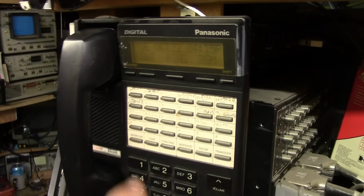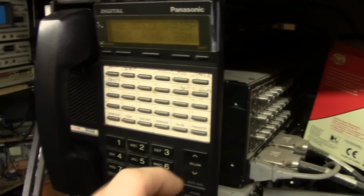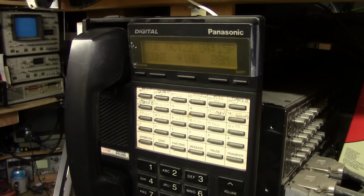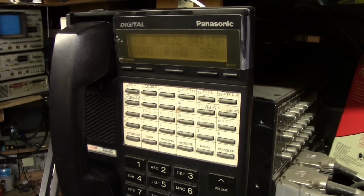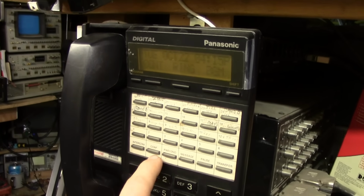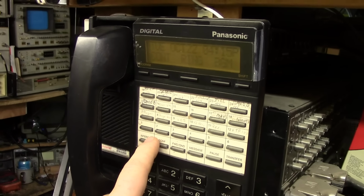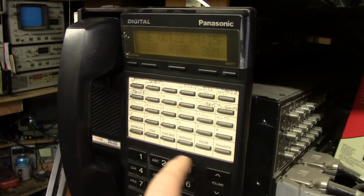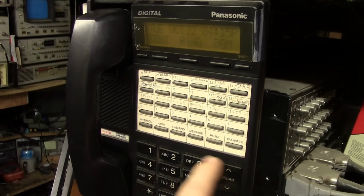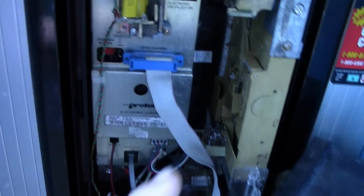The Protel is also intelligent. It knows better than to do the Grand Theft Auto thing where you just ring a phone until someone picks up, and as a result it's a free phone call. So if I call this out and someone picks up the phone, it'll give you about 30 seconds and then it'll hang up the phone on you. It's specifically doing that to prevent you from calling back to the payphone and using it as a contact point. So the idea here is that you can either program the Protel unit through the